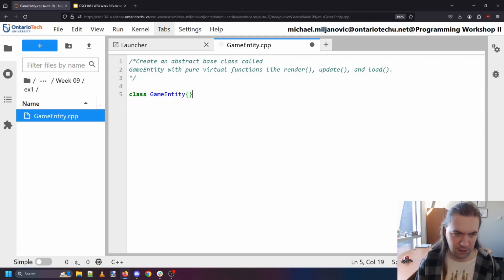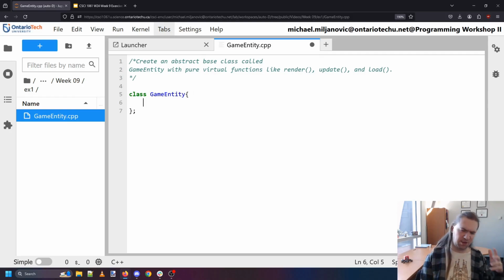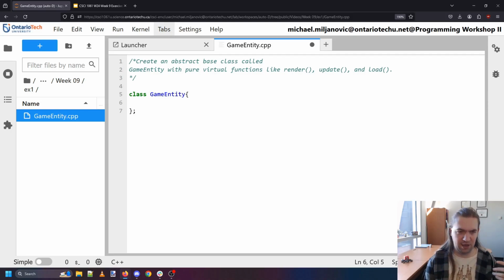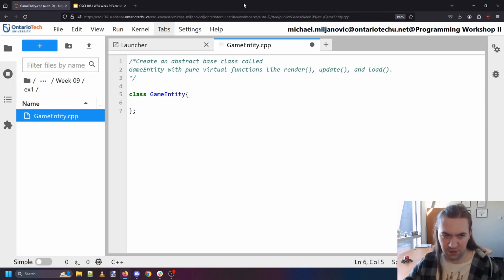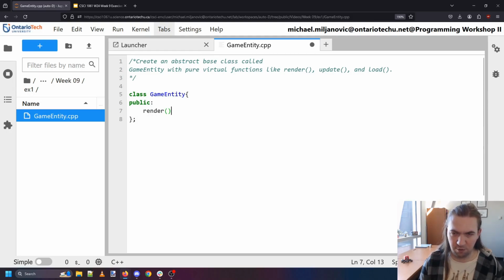It's all right. So my GameEntity class, I want to make this an abstract class. In some languages, and I think Python might be like this, I'm not sure off the top of my head, if you want to declare something as an abstract class, you would actually label it abstract. In C++, you don't. Instead, what makes something an abstract class is that it has virtual functions. What's a virtual function? It's a function that doesn't actually have any behavior when you set it up in the base class. So here, I'm going to publicly have these functions render,